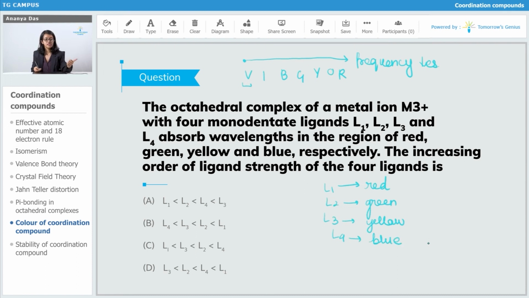So we can say that L4 is absorbing the highest frequency radiation. That means it will have the highest delta O. Highest delta O means highest difference between Eg and T2g. So that means it is going to be the strongest